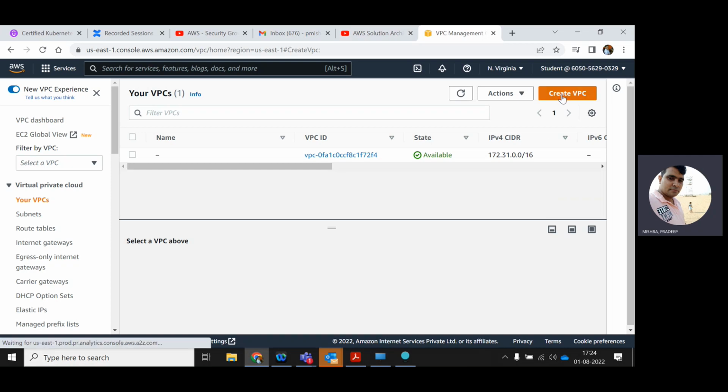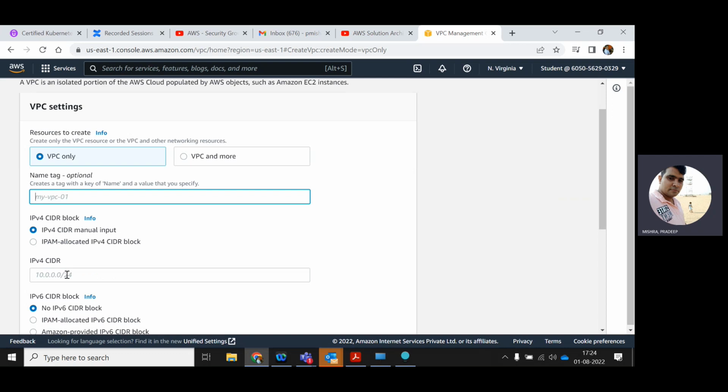So I'm just creating the VPC. When we create a VPC, we need to perform four steps. First one, you have to create the VPC. Second step, you have to create the subnet, third step, you have to create the internet gateway, and fourth step is the route table. So now I'm going to do the first step, VPC create. I just type the VPC name,